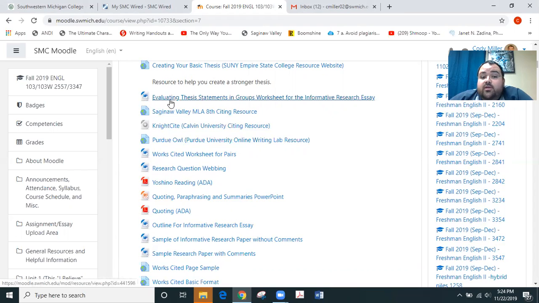Then we moved on to works cited, and that works cited stuff dealt largely with the Saginaw Valley MLA 8 citing resource, the MLA night site, and the Purdue OWL. We spent some time looking at the 3 samples that are available to you in the works cited worksheet for pairs to Microsoft Word. We didn't get to the activity portion of that, but we did cover those 3 particular